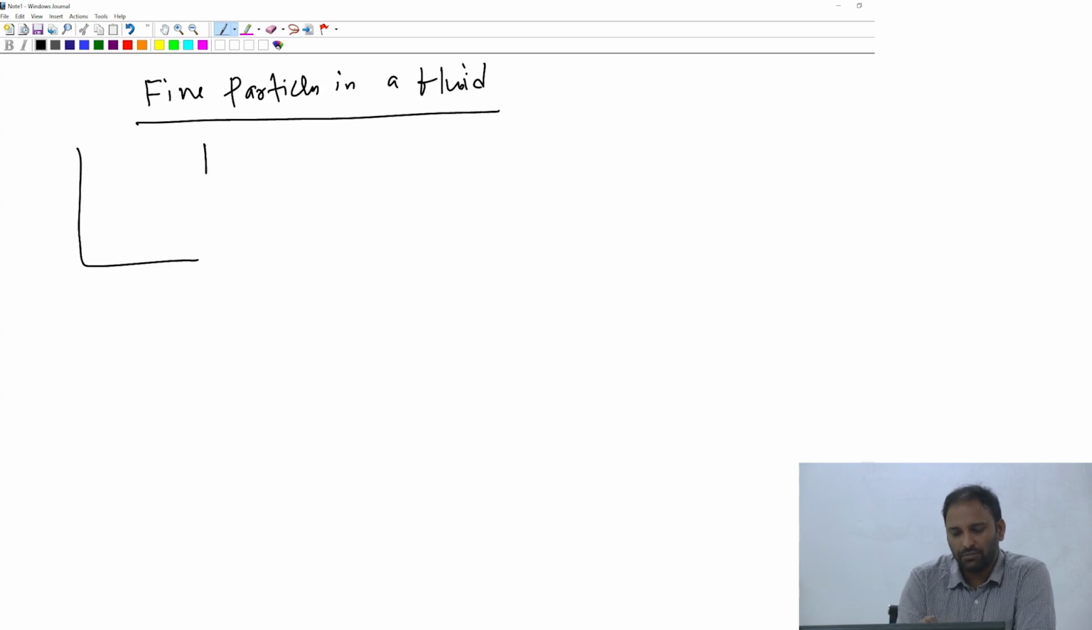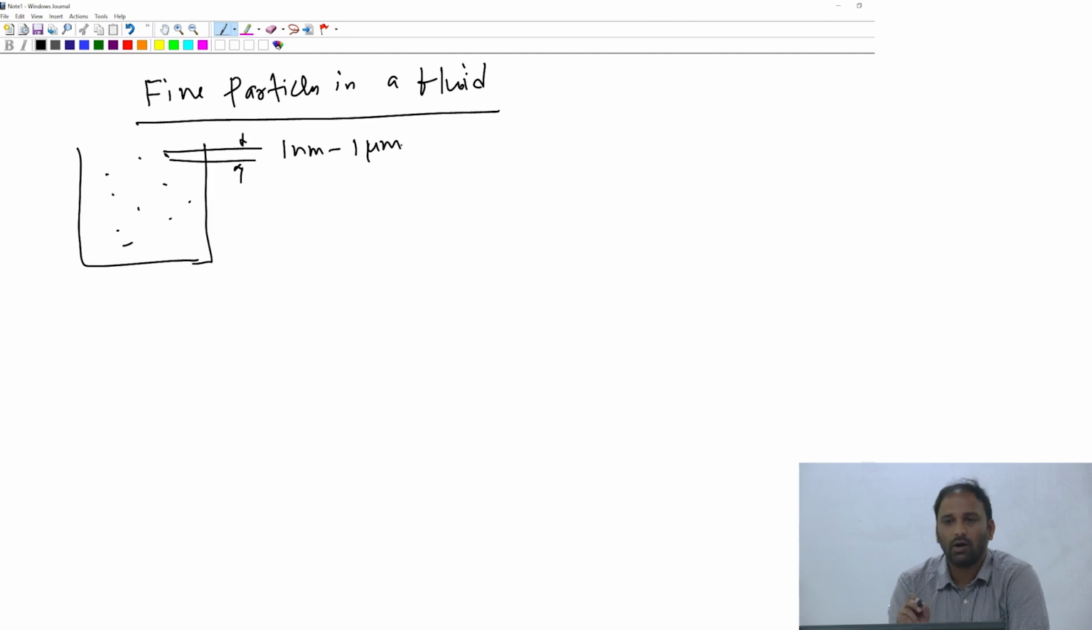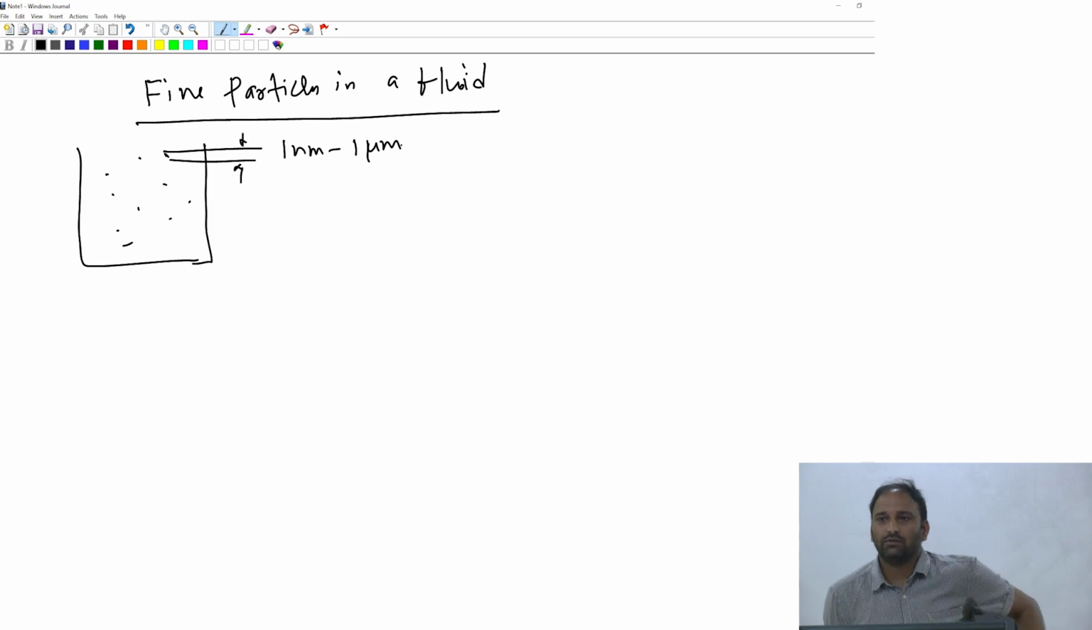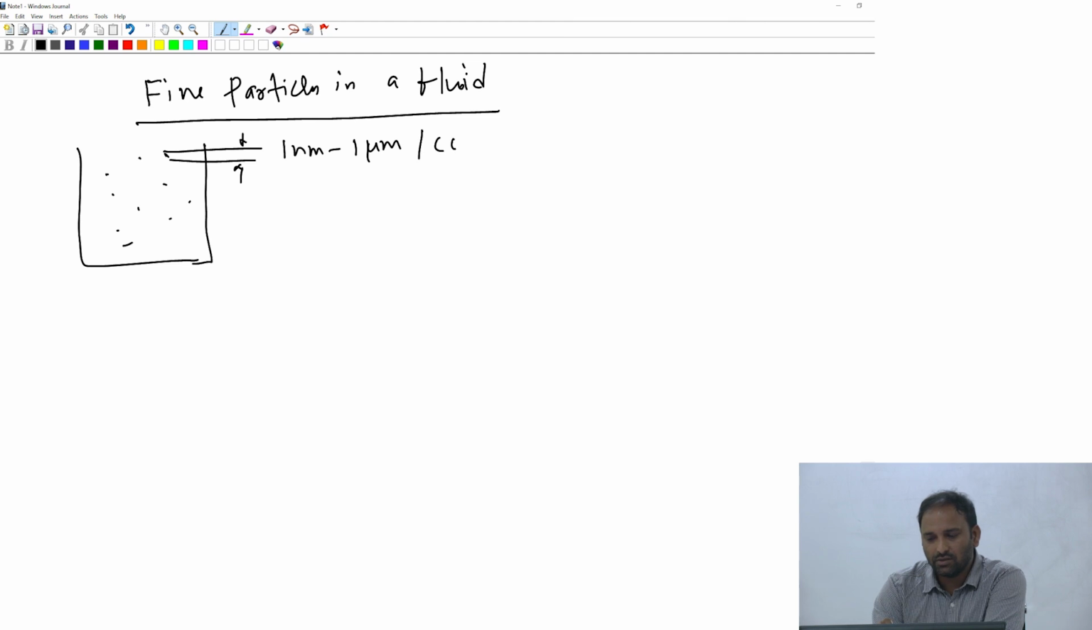Okay, what I mean by fine particle is, so I have a container, I have particles. The dimension of these objects is going to be in the range from about 1 nanometer to 1 micrometer. Okay, that's the dimension of the object. So typically people call them colloids or